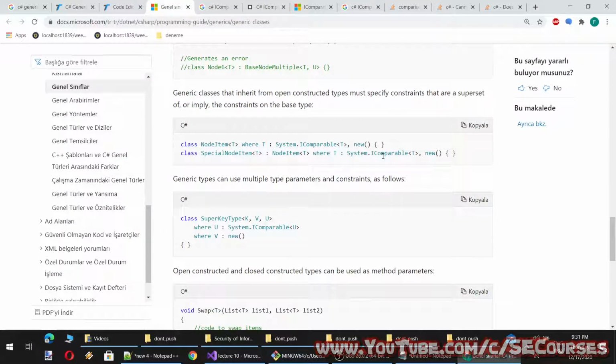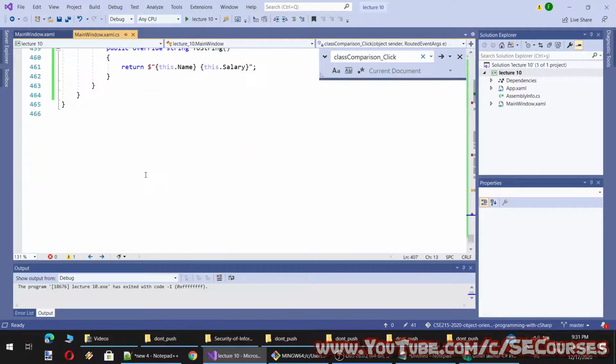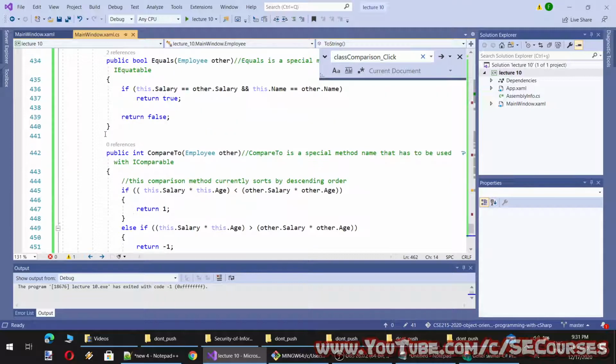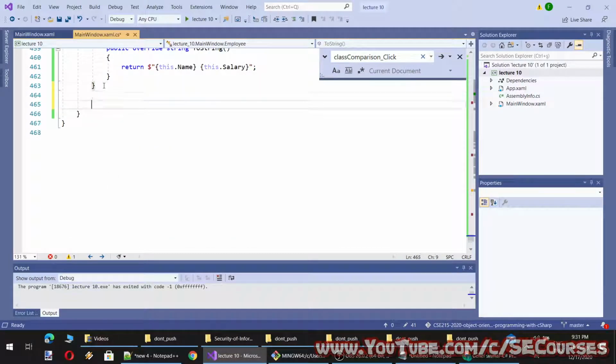Okay, so we have seen this, and we can also add constraints to our generic classes. So what is a constraint, if you wonder? A constraint is something like this.